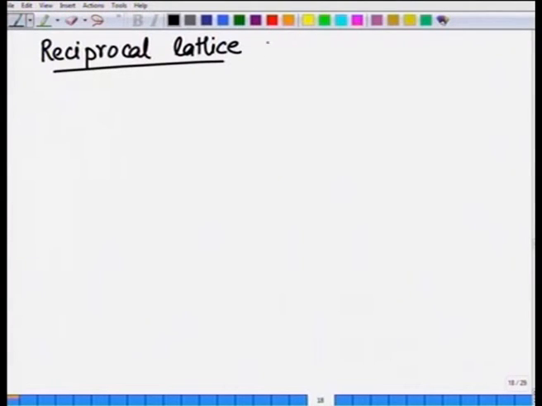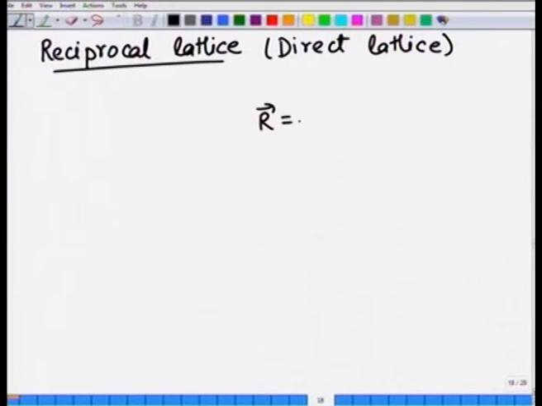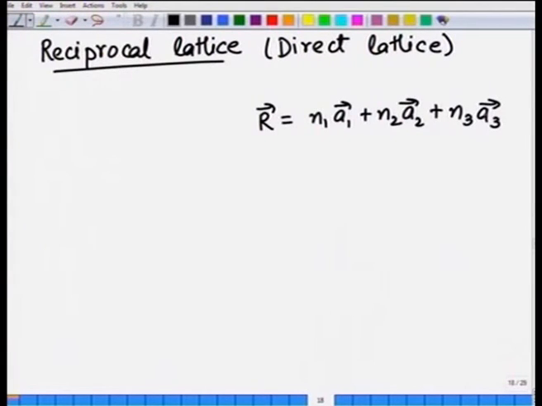So, now notice a direct lattice. We will use the word direct lattice. In contrast, we have a reciprocal lattice. What we just did was the direct lattice. So, for this direct lattice, I will write a lattice vector R, which, we will use the symbol, is N1 A1 plus N2 A2 plus N3 A3, and I will always use a primitive lattice,